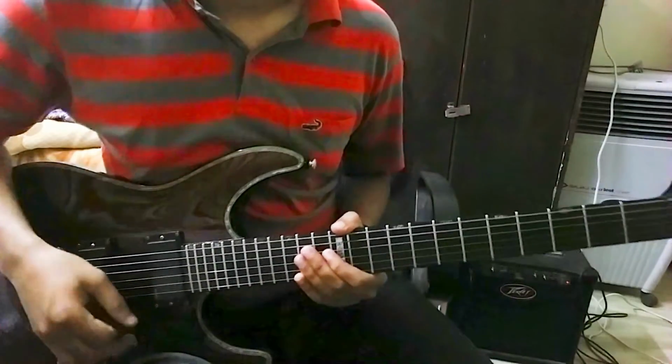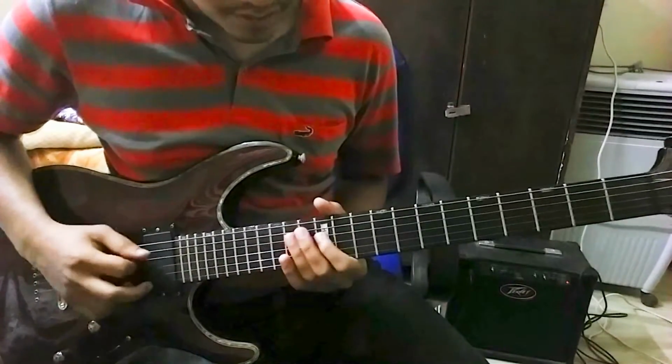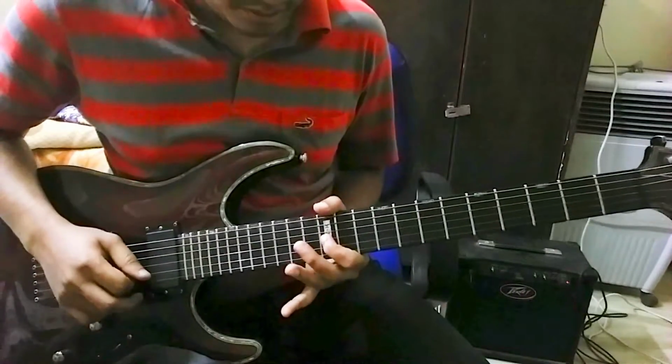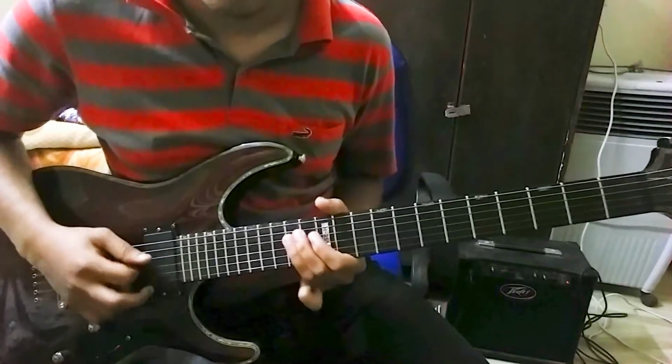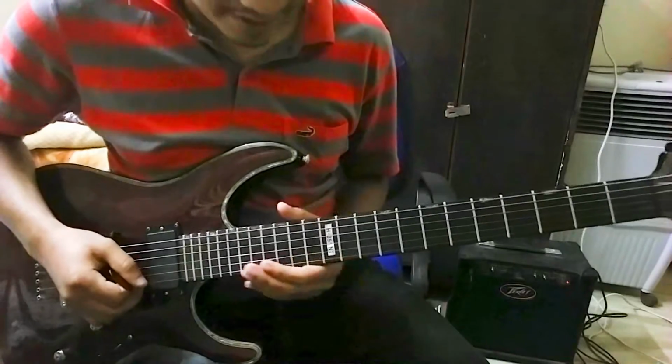After this, what comes next is a pattern which is repeated twice. So the first three times you play 12 on the D, 14th on the B, 12th on the G, and then 14th on the D again. So this is what is done for the first three parts of the first three times of the pattern, and then